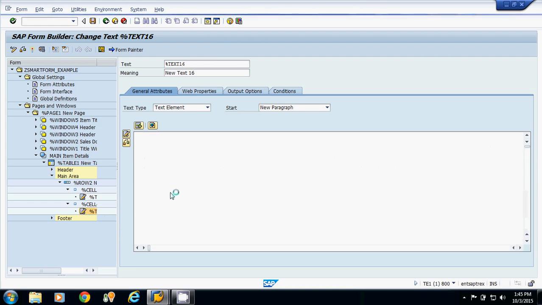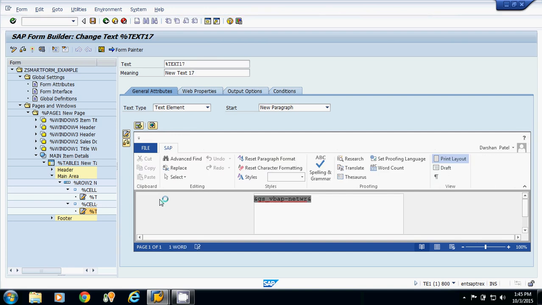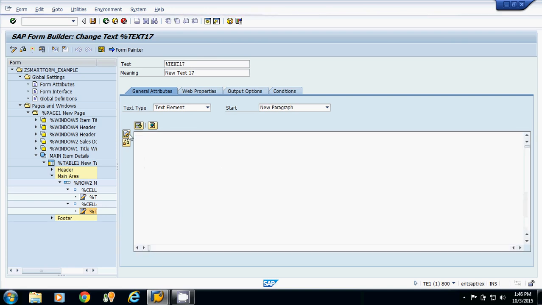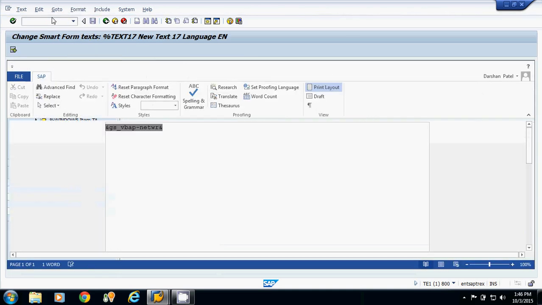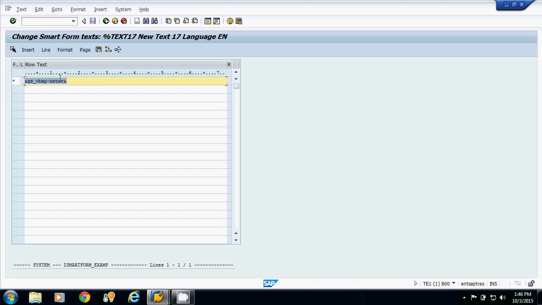If I am going for amount, if I am going for editor, or if I am going for change editor button, go to change editor. In the bracket I am writing ZC. What is this? It means you are displaying the amount in character format. So now it is appearing properly. So if the amount is not appearing properly in the output format, in the bracket you can write ZC.